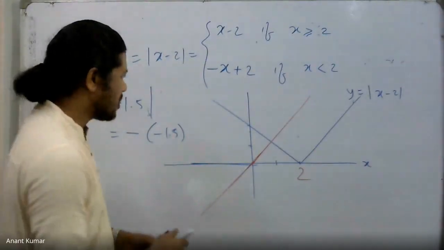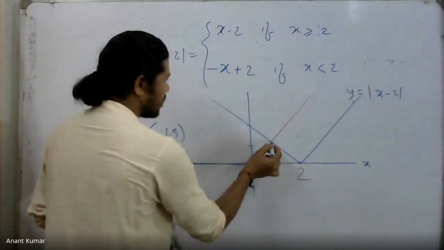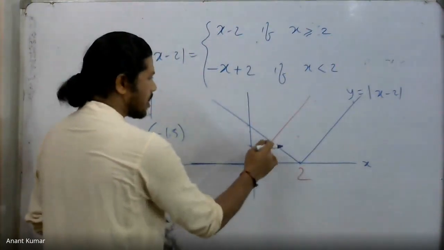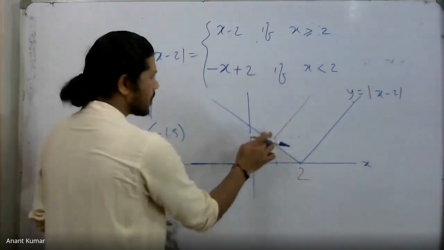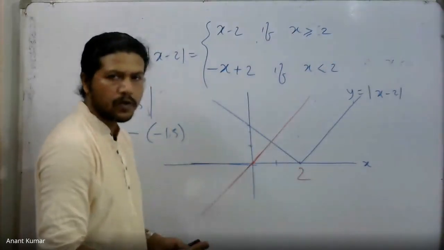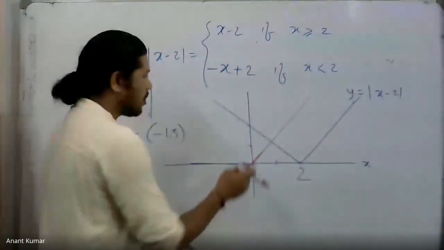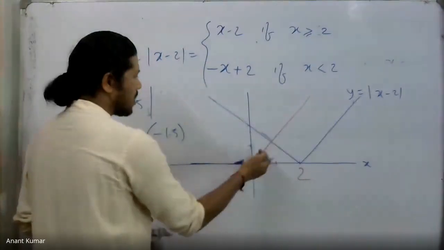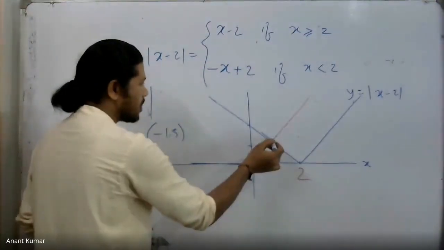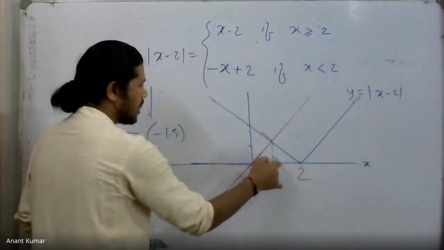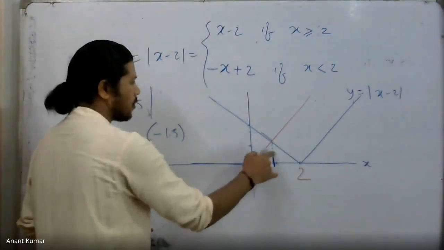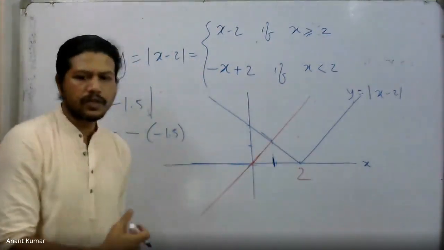Fine. We require the regions where the blue part is above the red one. Now you could see, for example, this particular point is the intersection point, and you notice that to the right of this intersection point, the red curve is above the blue one. That is what I don't want. I want the other half where the blue one is above the red one. Therefore, I require basically all real numbers to the left of this point. This is the point I'm looking for.